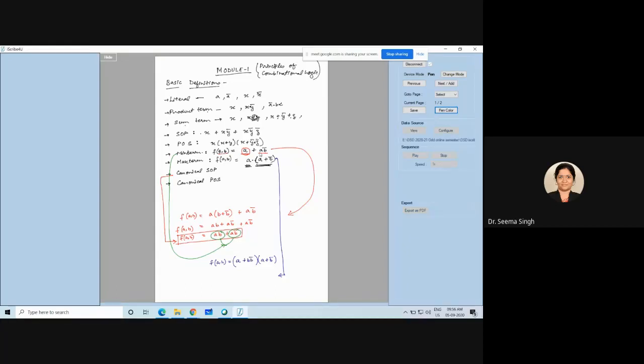When I do B bar means what? It's a 0. I hope you remember your Boolean algebra from your last semester. B bar makes it 0. And 0 ORed with A is A itself, right? So this is what I am doing now. B bar is 0. 0 ORed with A remains A. So even if I do this plus B bar, there is no change. I am not changing the actual thing. I am just trying to convert it to maxterm form.